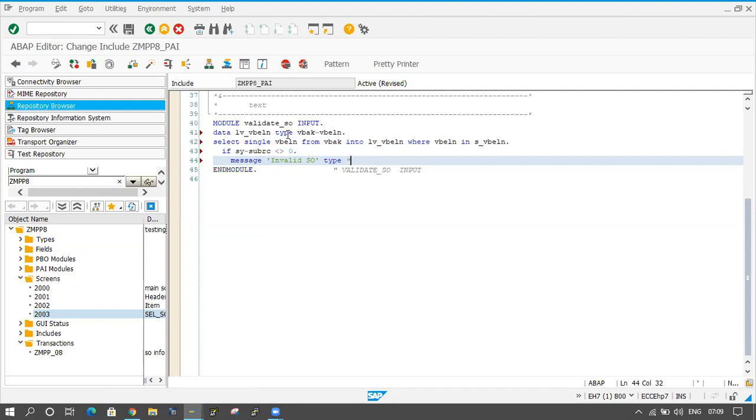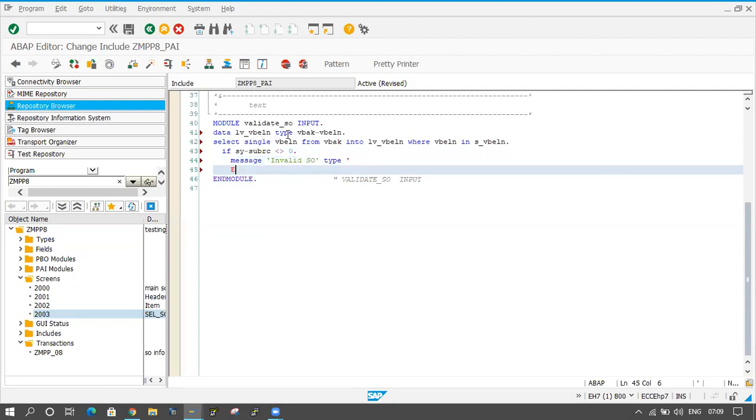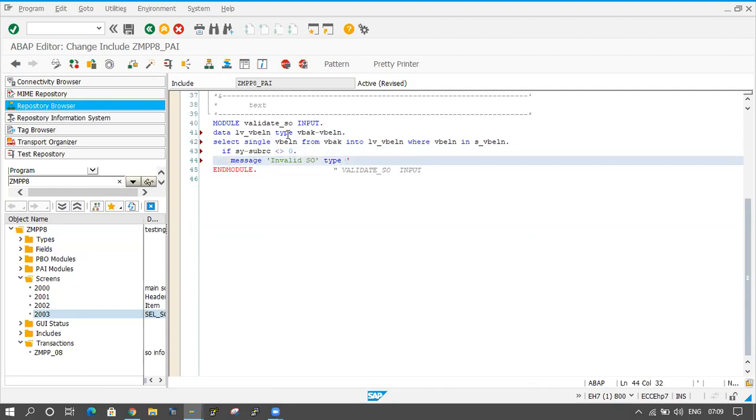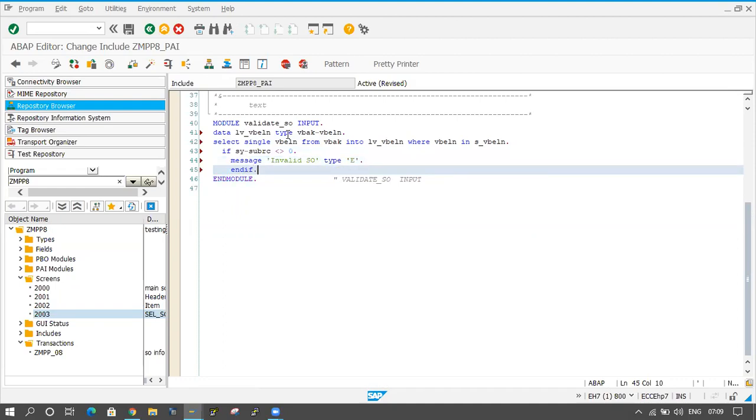What is the type? Type is E here, error message, and end it. Shift F1.